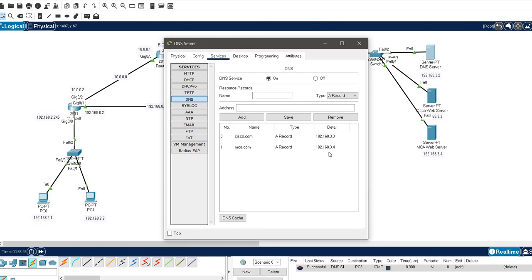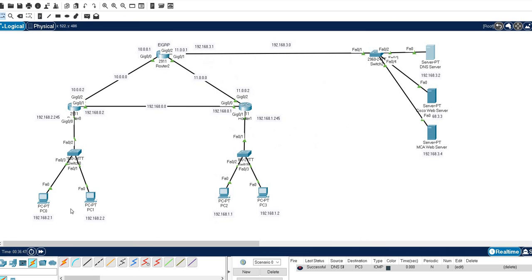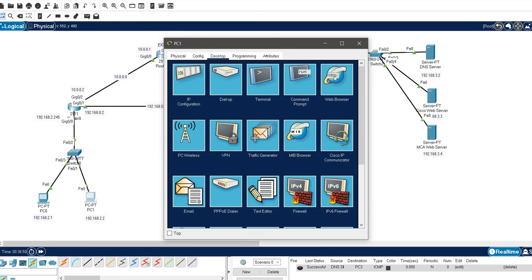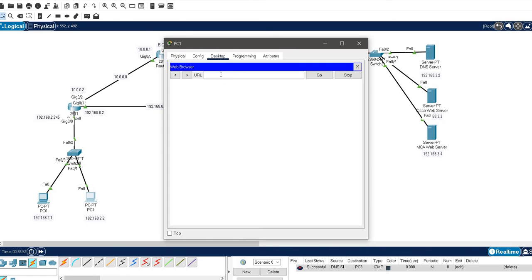Okay, now it's added in the DNS server. From this computer, desktop, web browser, mca.com. Hostname again